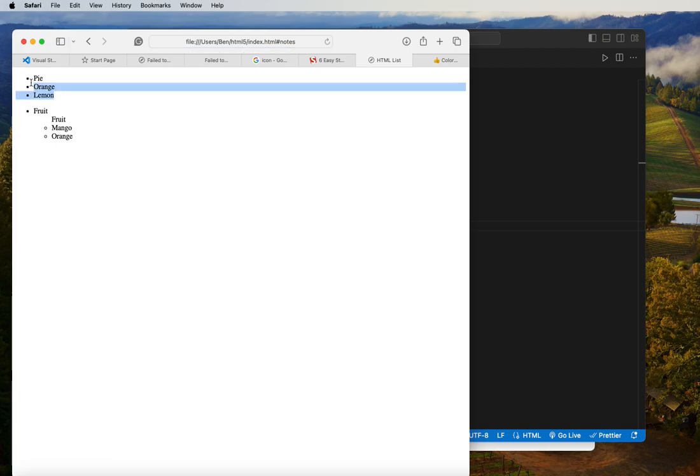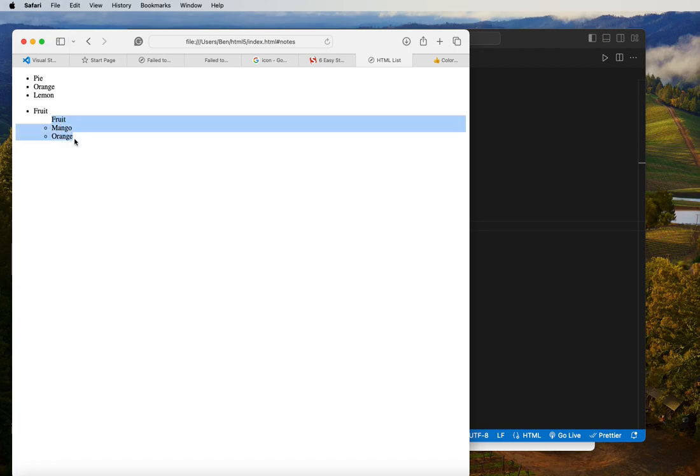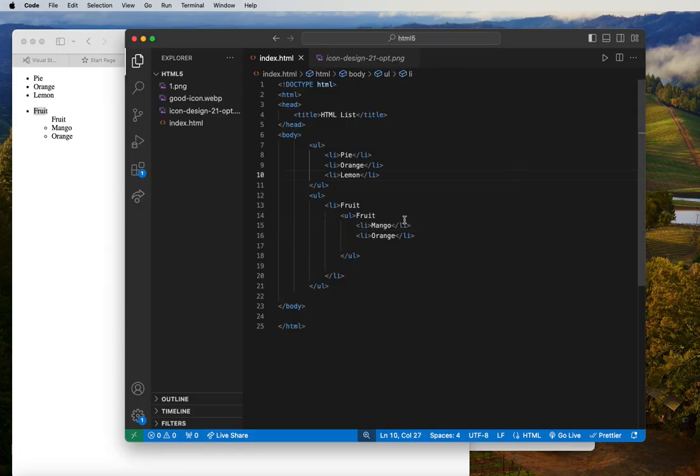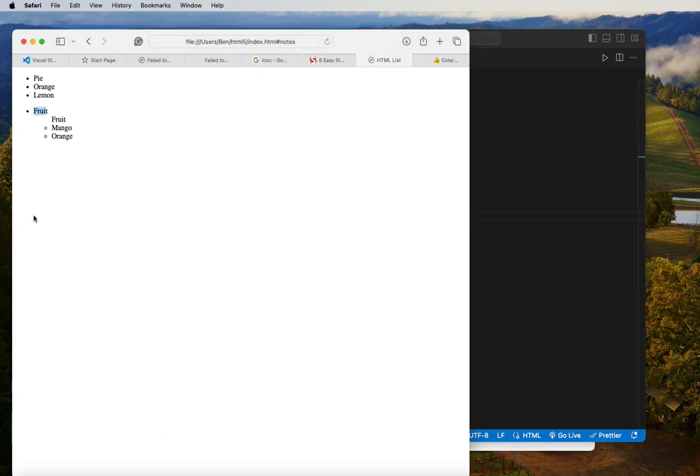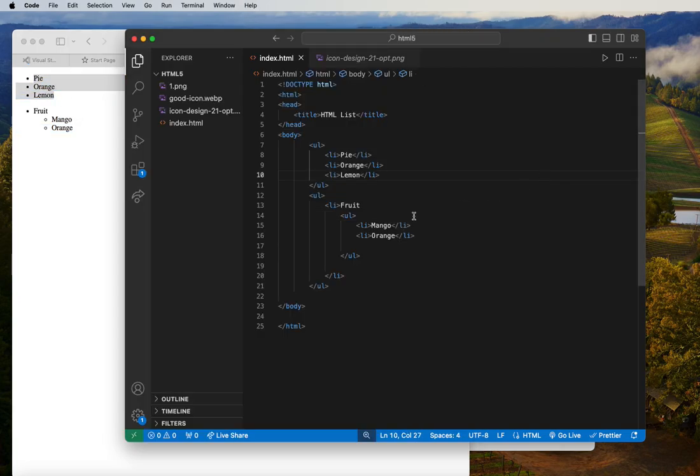So this is just an unordered list, and this is a nested unordered list we have here. So we have fruit at the top, and then we have another fruit below it. But if we just want to see one fruit, we can just delete this one and then refresh. Then we have fruit, then under it we have the nested unordered list here. Good. Now let's look at